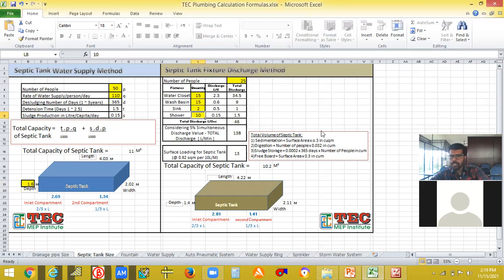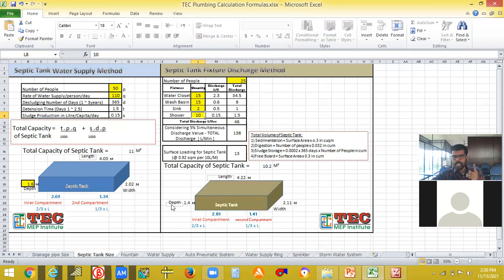See these things. These are the notes that we have already done for finding out the septic tank design manually. These notes we have already used. So all these values will automatically be given by this Excel sheet itself. You don't have to change anything. You just have to give the values depending upon the water closet, how many numbers you have, and depending upon this, you will get 10.2 meter cube as the septic tank capacity.